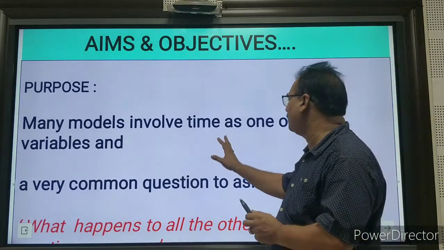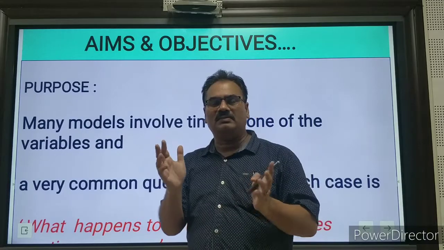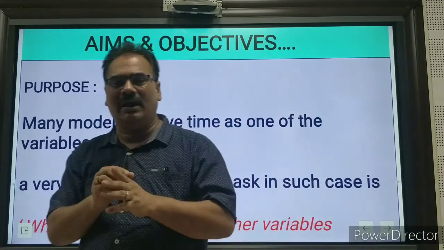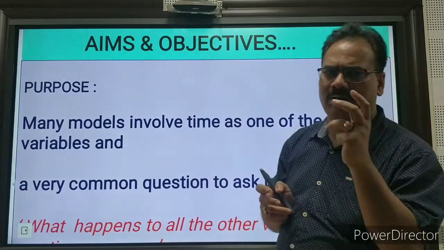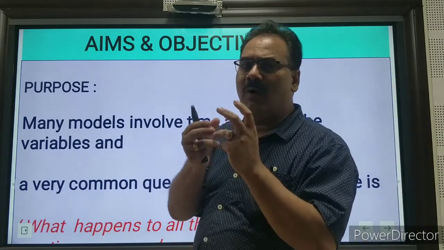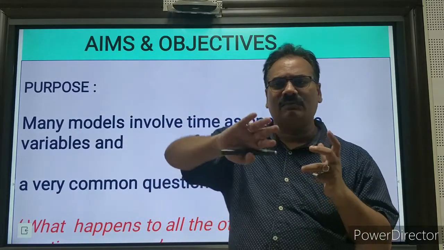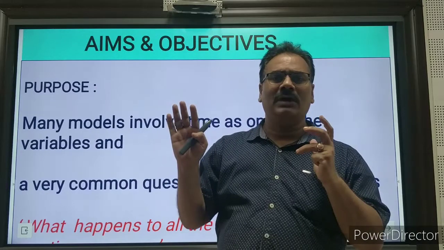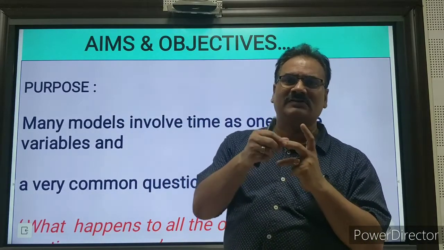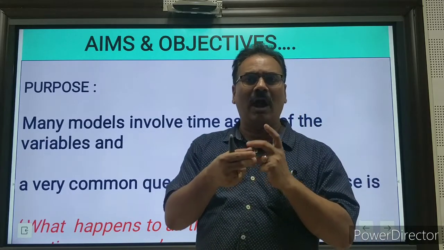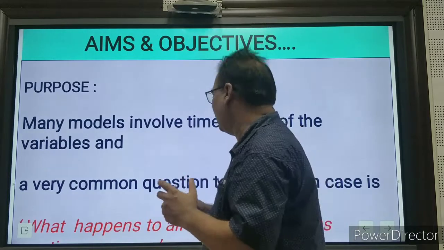Many models involve time as one of the variables. Sometimes we talk about what is more important for modeling. Two things are very important: one is time, and the other is environment, where space, okay. Time and space always vary. And then on the industry side, cost and time, cost effective and time effective. How you can crash the cost, how you can crash the time, this matters a lot.